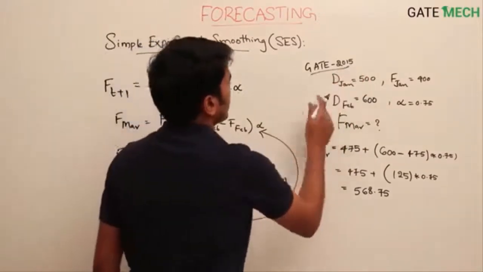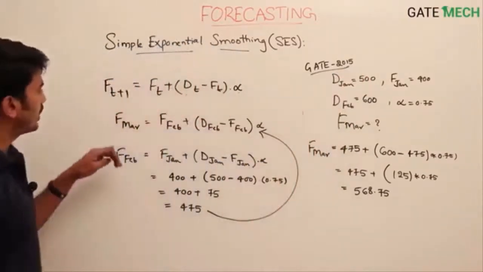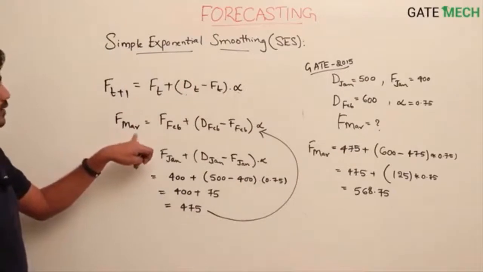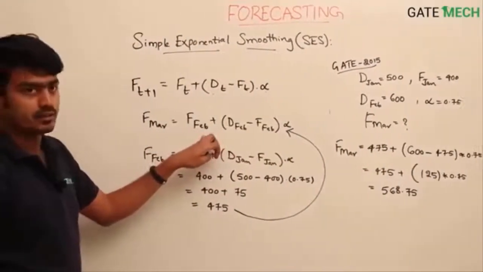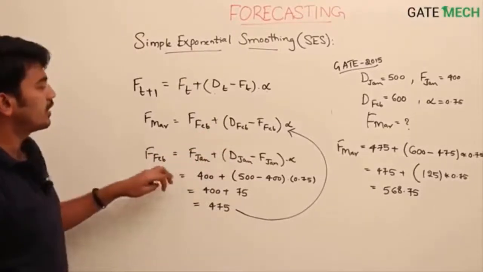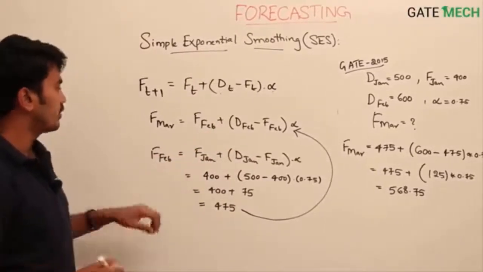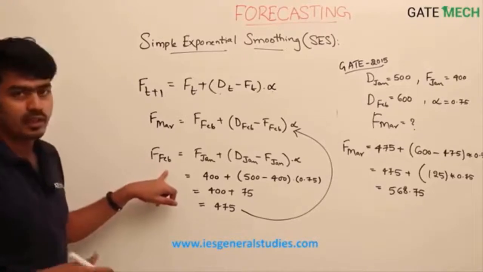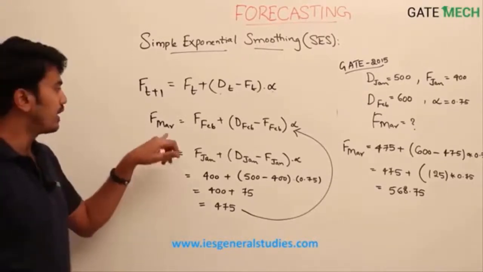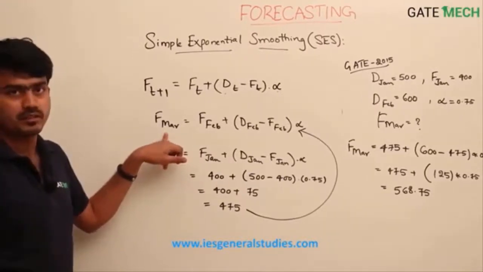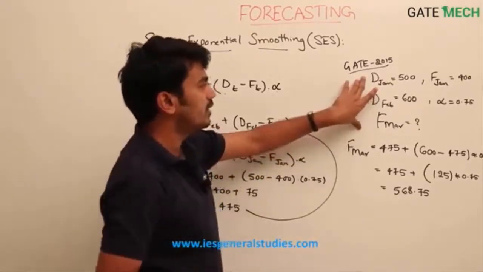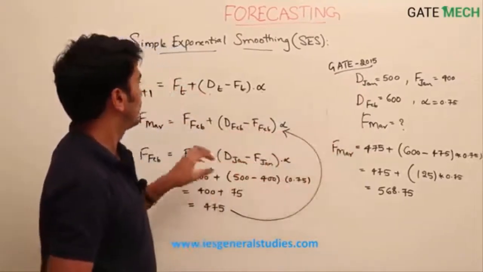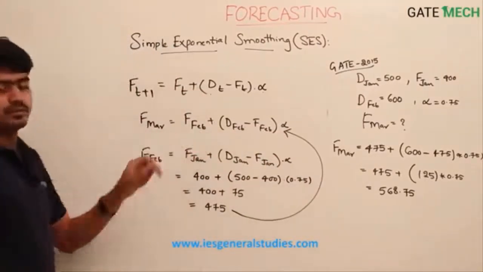So this question you can see it's not straightforward that it is asking for forecast for March, right, without giving the forecast for February. So it's inherently asking two questions. Question one is to find the forecast for February first to arrive at forecast for March. Okay, so you need to understand the question, how the data is given, before attempting this method.